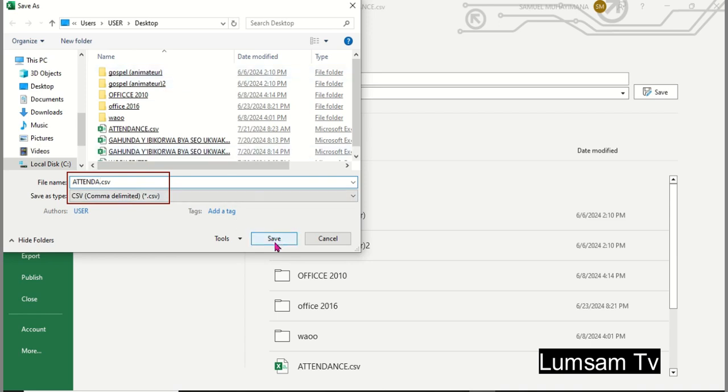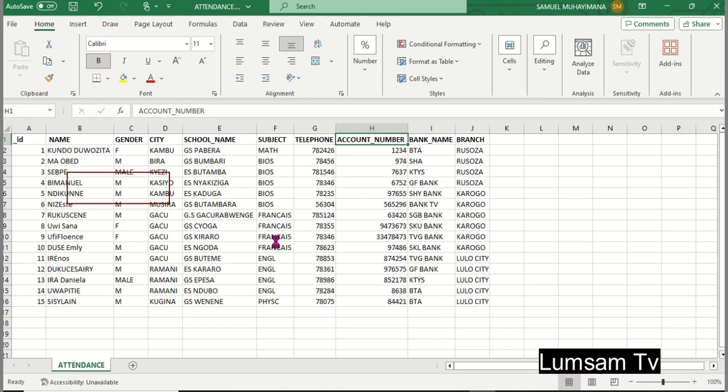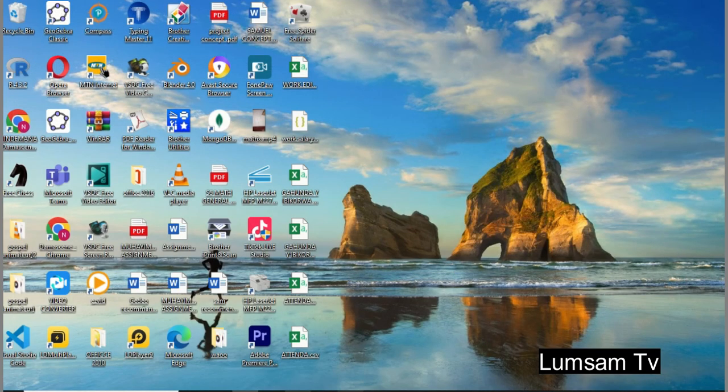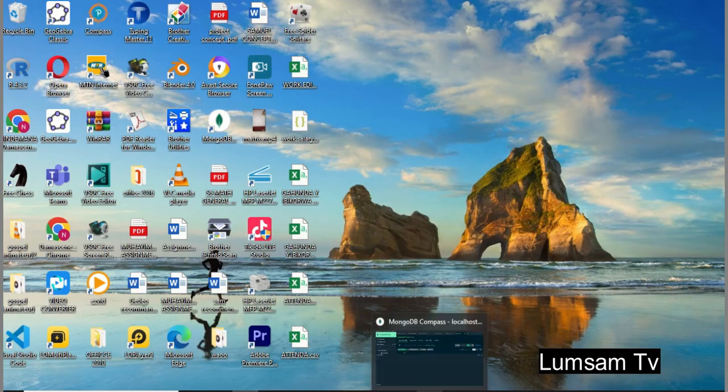On the desktop, okay, no problem, on the desktop. Then now we can close this. Then we go in our database.